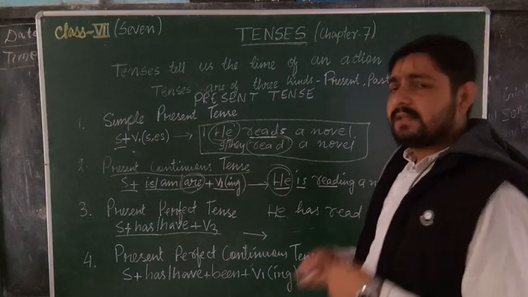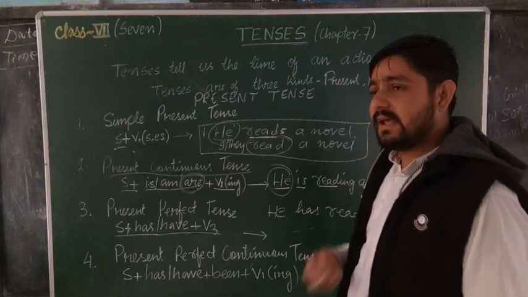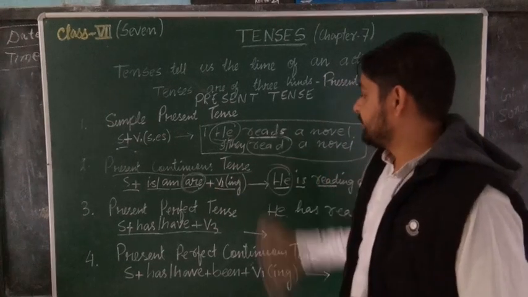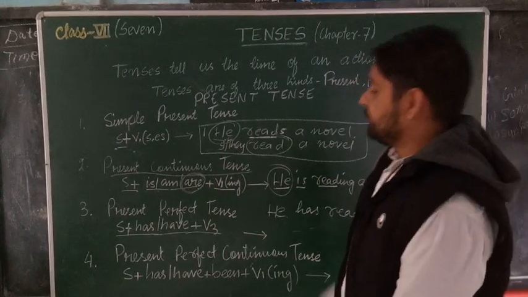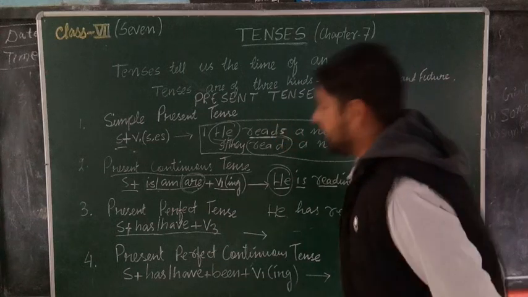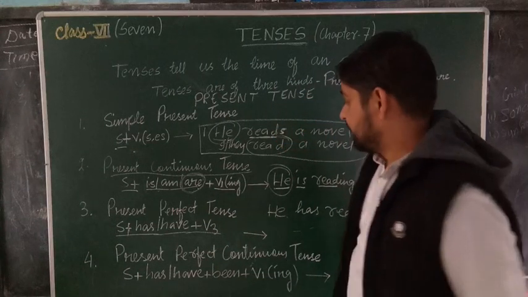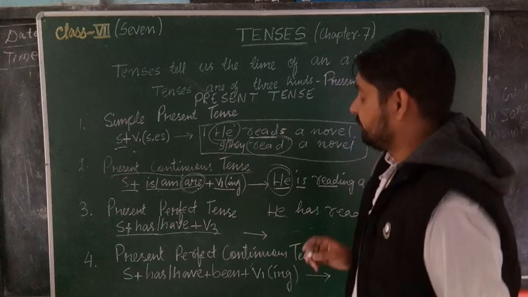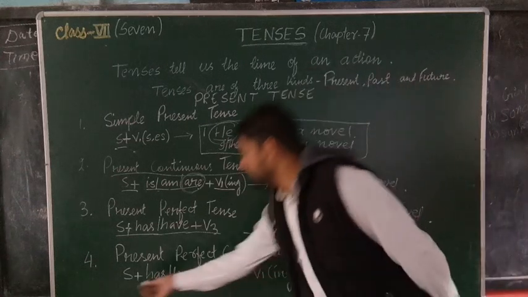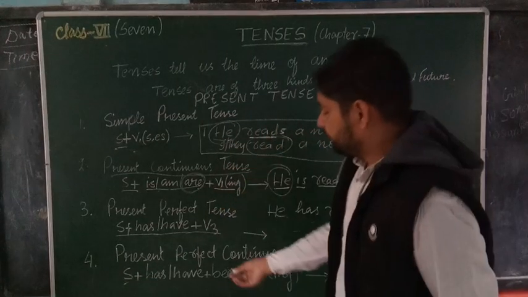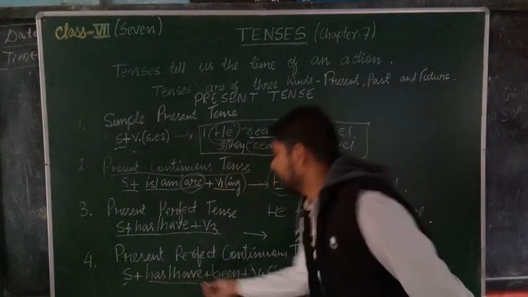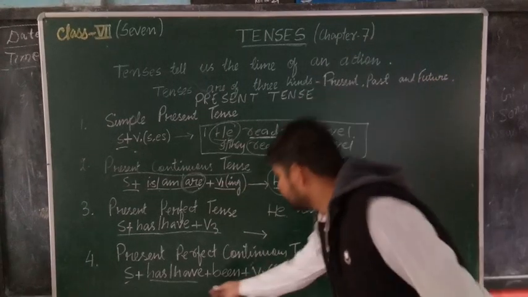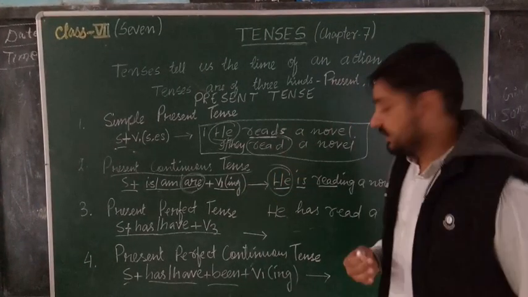Present continuous tense: the action is taking place in the present and it is continuing. It is not finished yet. Then we can say present continuous. Now the last point is present perfect continuous tense. And here the subject structure is written here. I have written it already, and you can note it down in your copy so that it will be helpful for you. Subject, helping verb has or have, singular then has, plural then have. Then been, we have to put here been.